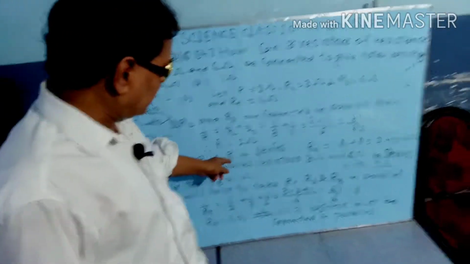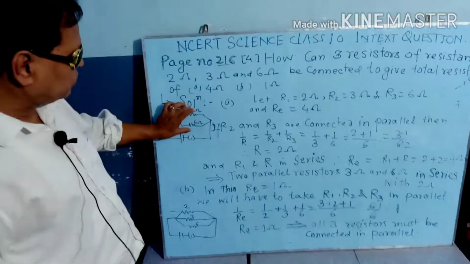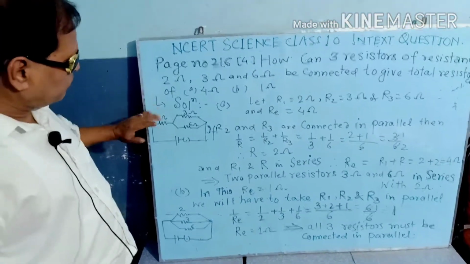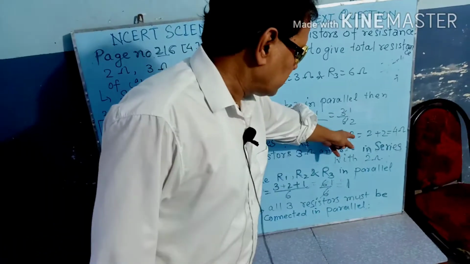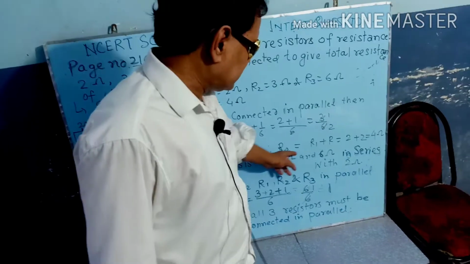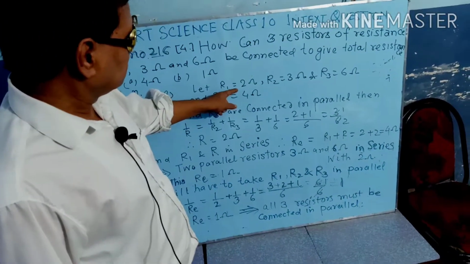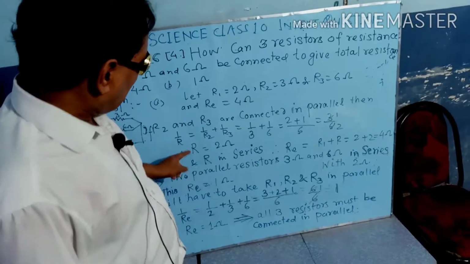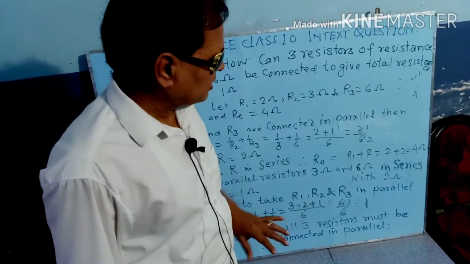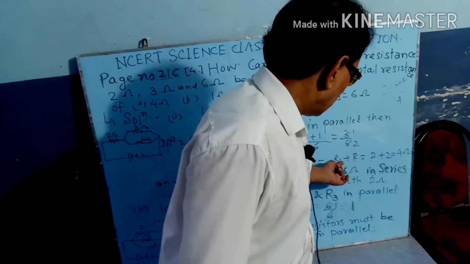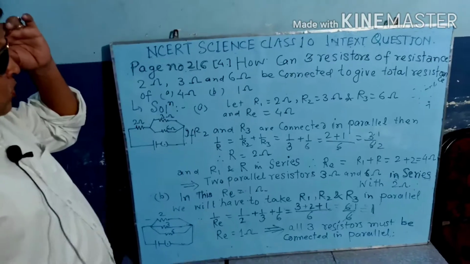Now the R1 and R in series. If it is calculated, 2 ohm, it is already 2 ohm, both are in series. Therefore, both the resistances must be added. So Re is equal to R1 plus R. R1 is this, and R is the total resistance of these two resistors, which are taken in parallel. So we add this 2 and 2, 4 ohm. So we get total resistance 4 ohm.